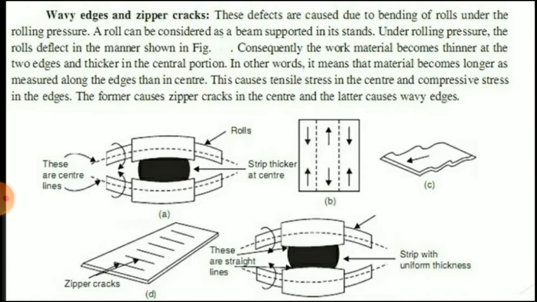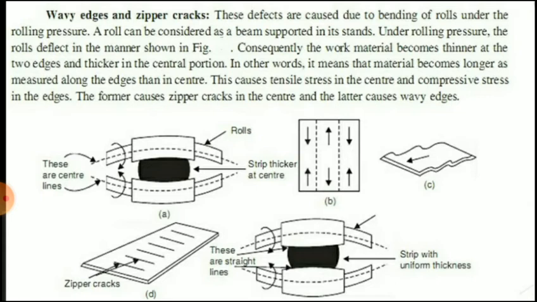Since the reduction in thickness is converted into increase in length of the strip, the strip elongates more at the edges relative to the center. However, the material is continuous, and to maintain that continuity, strains within the material will adjust. There are compressive strains at the edges and tensile strains at the center. You can see in diagram B, the compressive strains at the edges and tensile strains at the center.